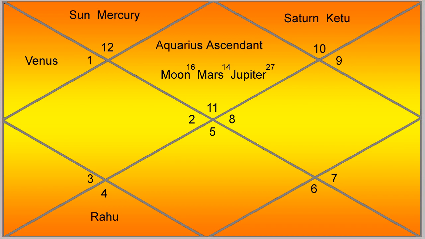Now, can Moon itself give good results in this chart? Of course it can. But as soon as a functional malefic comes in contact with a functional benefic, it ruins the significance of the planet. Okay, it's basic astrology. But in here, Moon and Mars are in very tight conjunction, less than 5 degrees. When it's at 5 degrees, it's known as normal conjunction. When it's within 2 degrees, it's known as direct conjunction. So here you have a conjunction occurring.